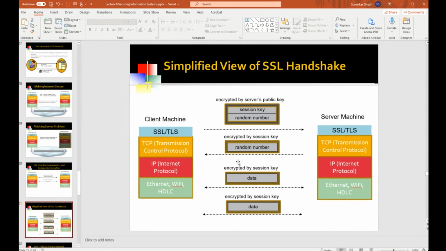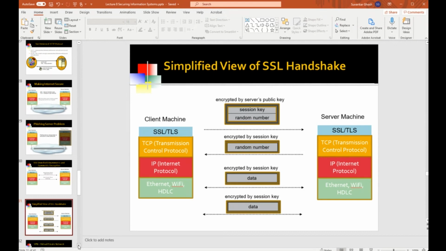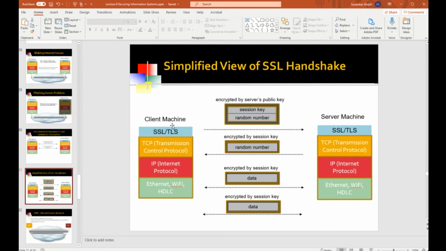So that's why we tend to use long keys during the authentication phase and then shorter keys during the data transfer phase, where you can be guaranteed you're getting very good security. 128 bytes is, like I said, gilt-edged security. And the performance is also much faster, and you're not trying to decrypt each packet and encrypt each packet by very long keys. So this is kind of the handshake that goes on when you're establishing an SSL session.